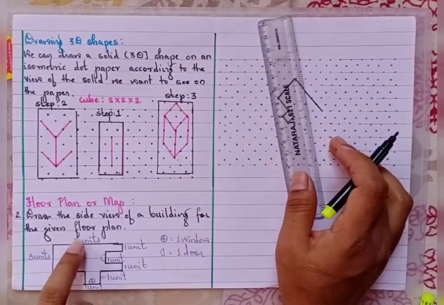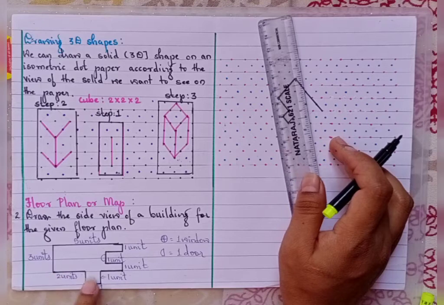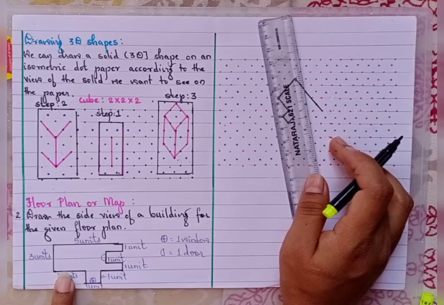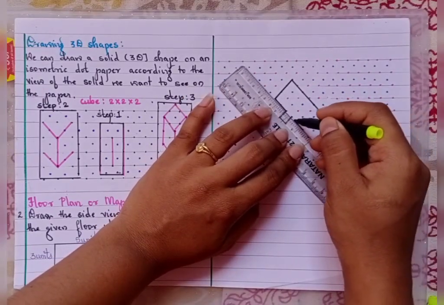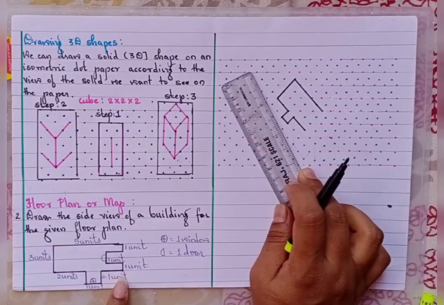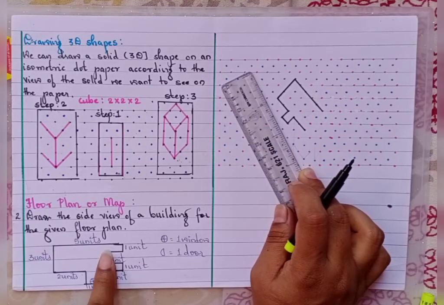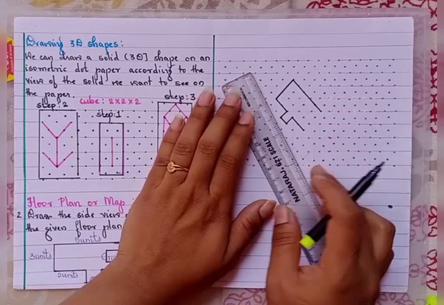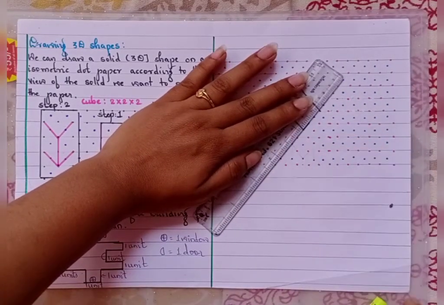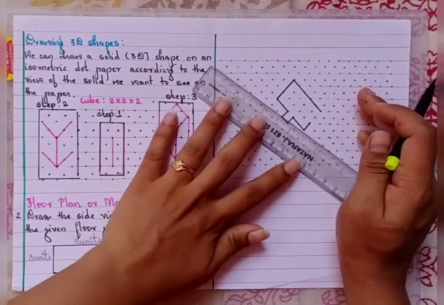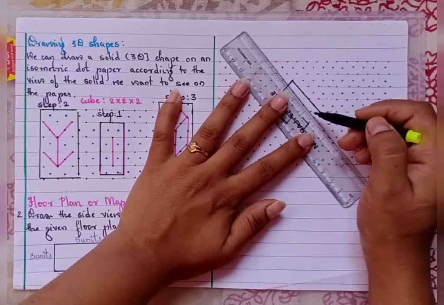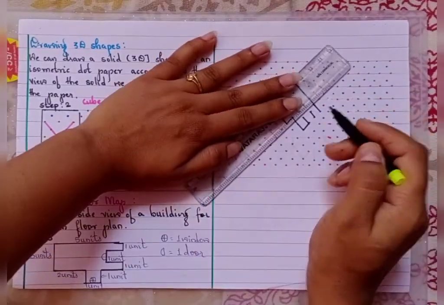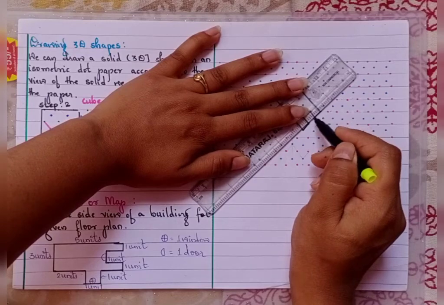Next, you know that it is 5 units, in the sense even this measure will also be 5 units. Okay, so 2 units here, 3 units plus 2 we have to add, then it will become 5. So here the measure will be 2 units. And now here we have again boxes, isn't it? So from here 1 unit we have to take. So we'll take 1 unit, and we have to draw inside box. This was outside, outward, now it is inside. So this way we have drawn a